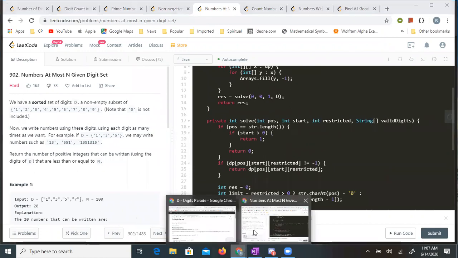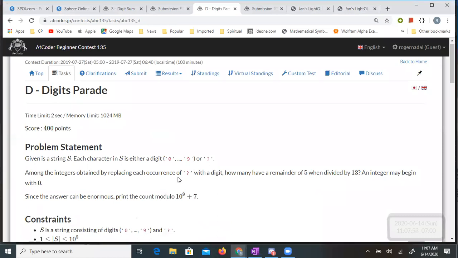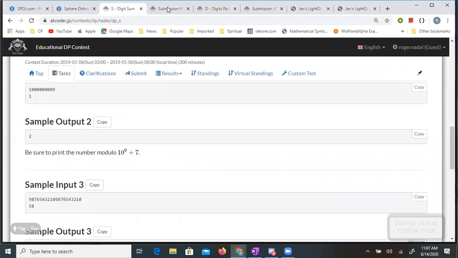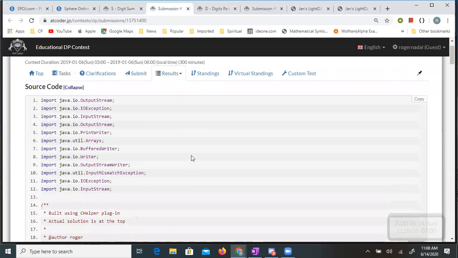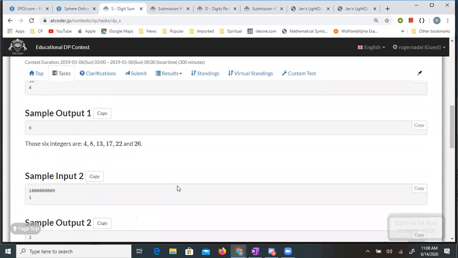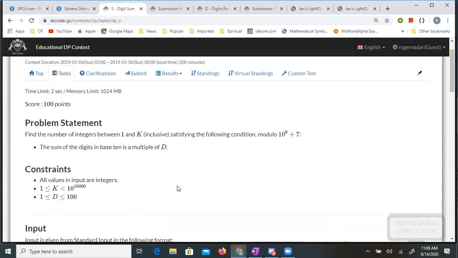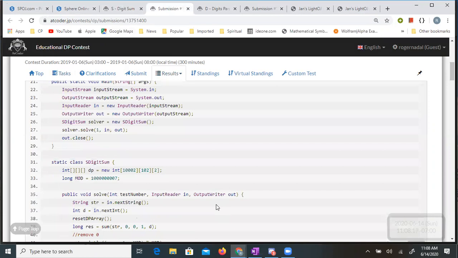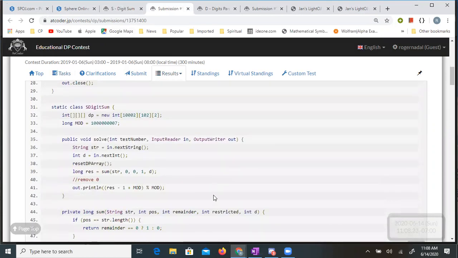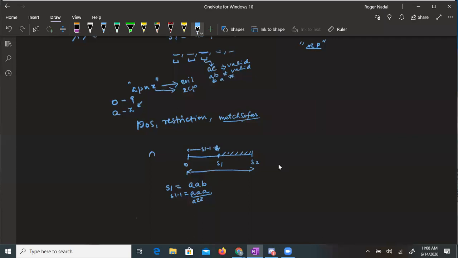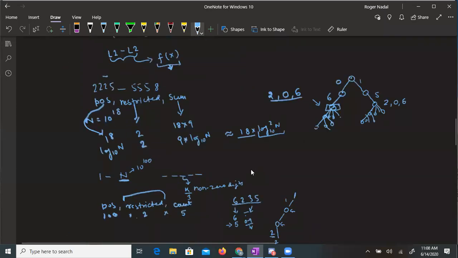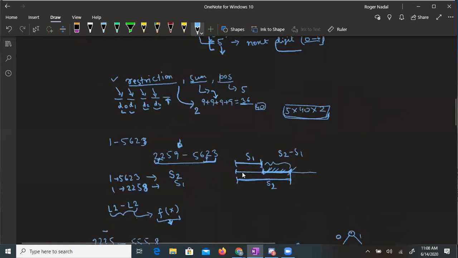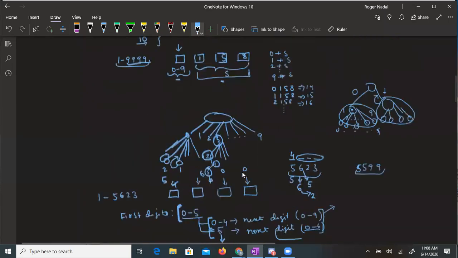I know we will be running out of time, but since I promised some online folks who may be watching, I will just show my code here. If somebody is looking at it, I won't even go and explain the problem. You can go and look at it; this is from the Educational DP Contest, digit sum. This was a very nice problem actually. And in the beginning of the session, I talked about sometimes you may get,